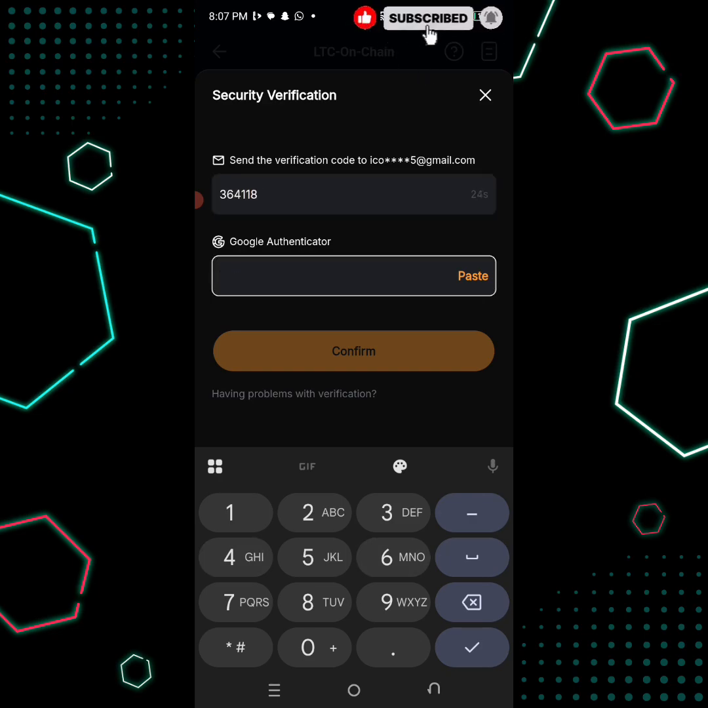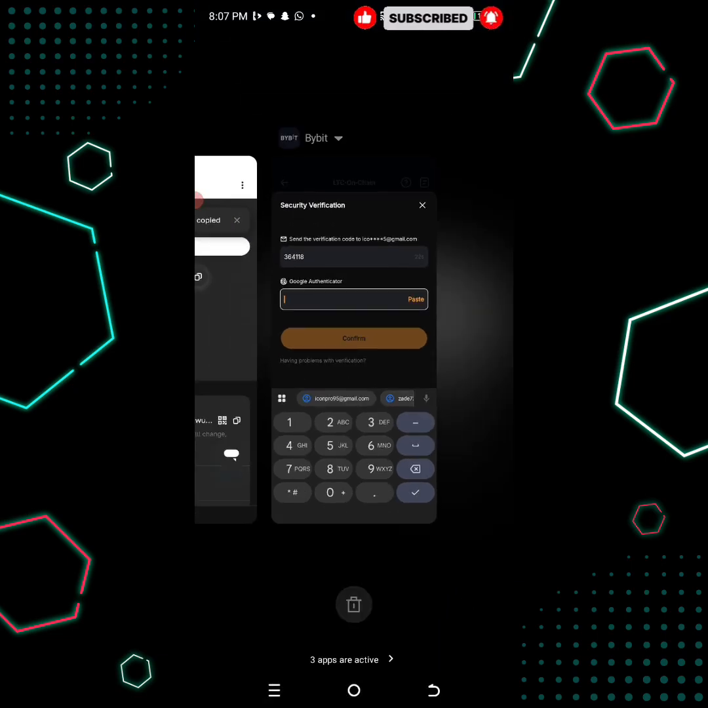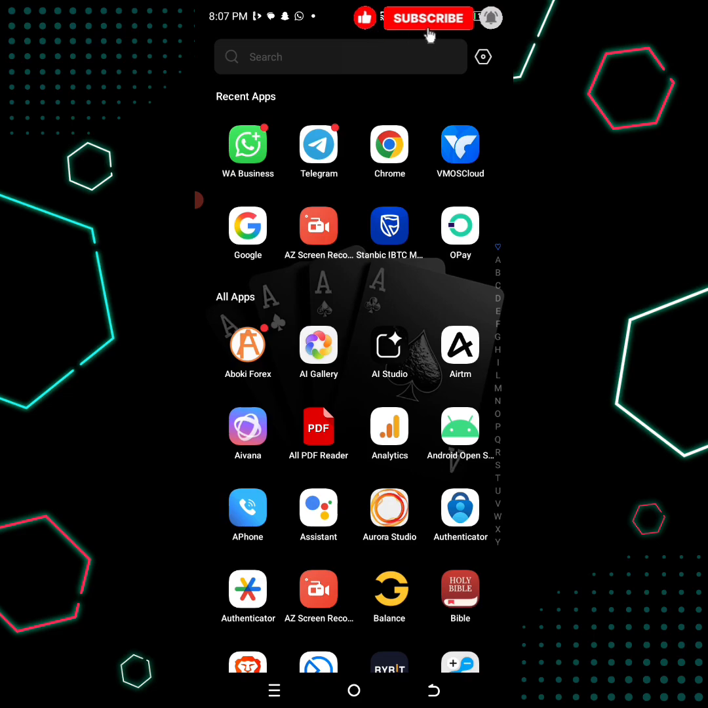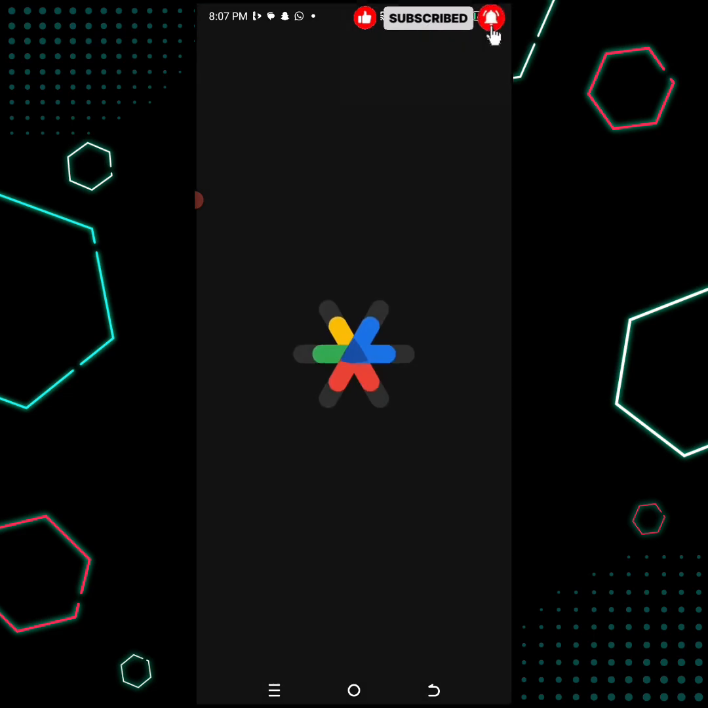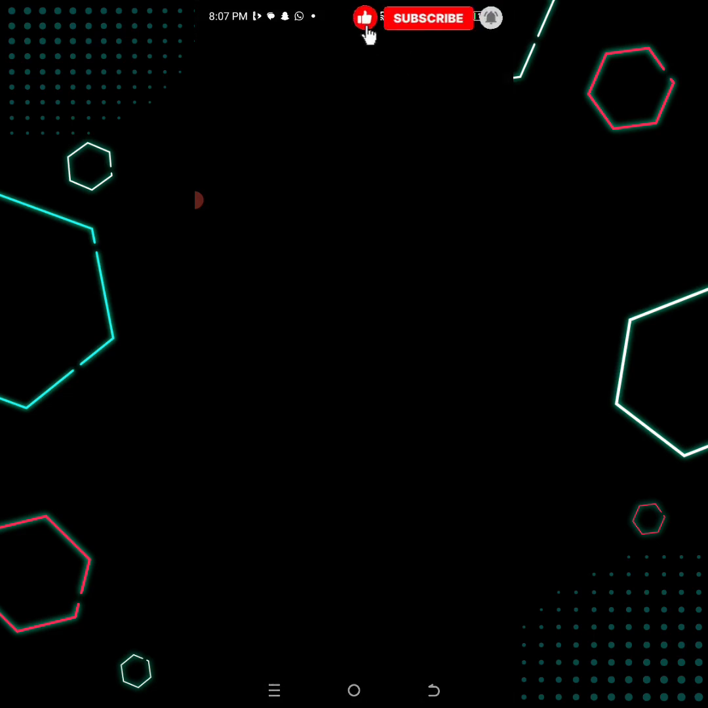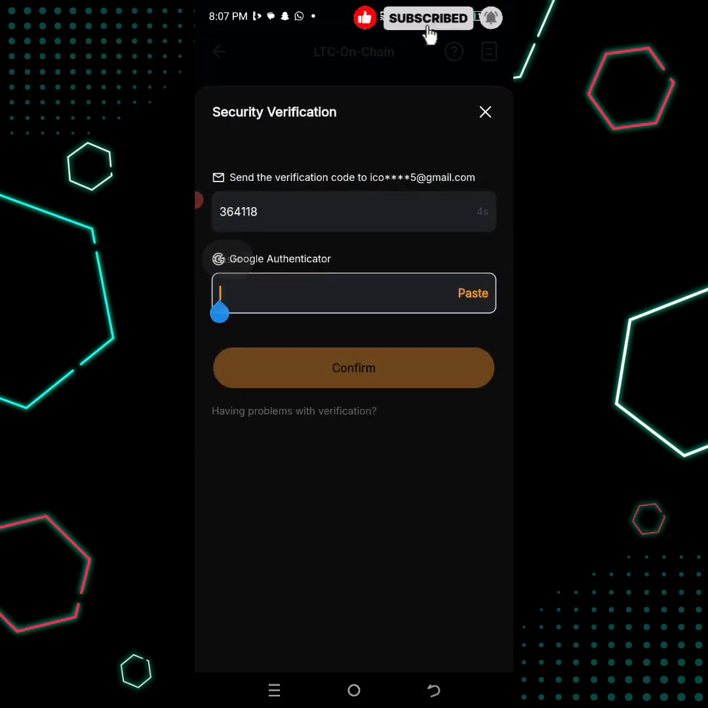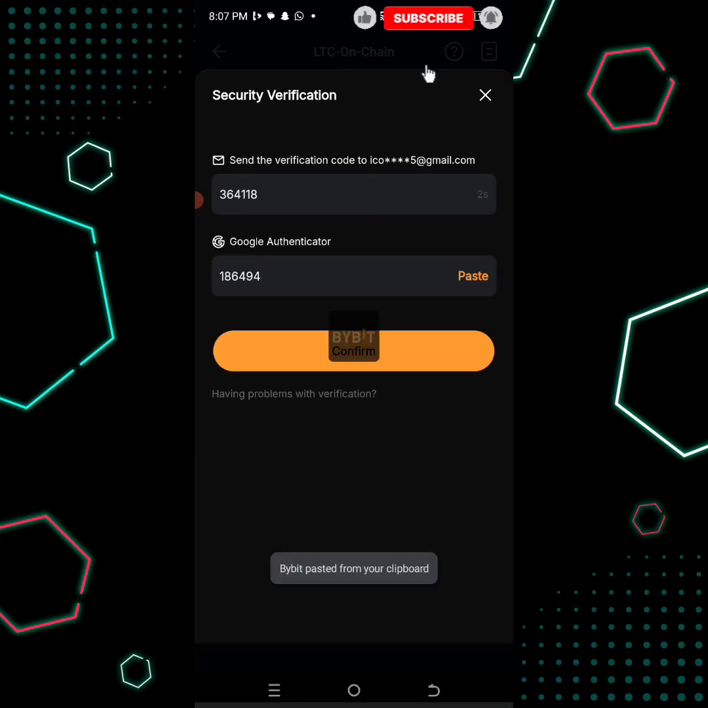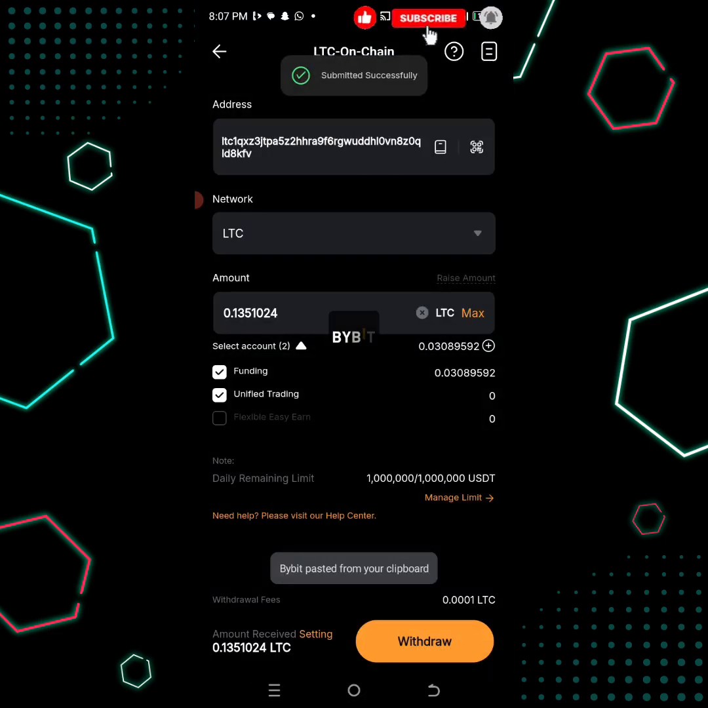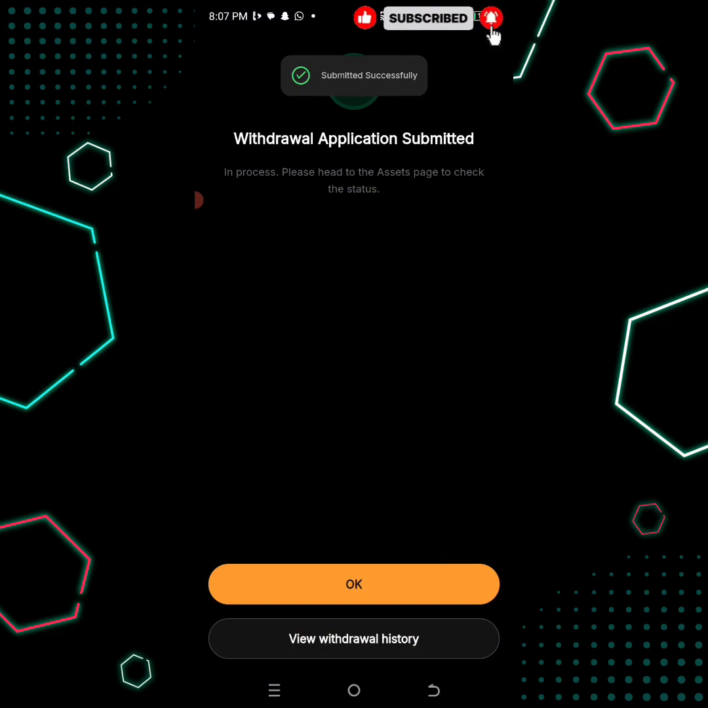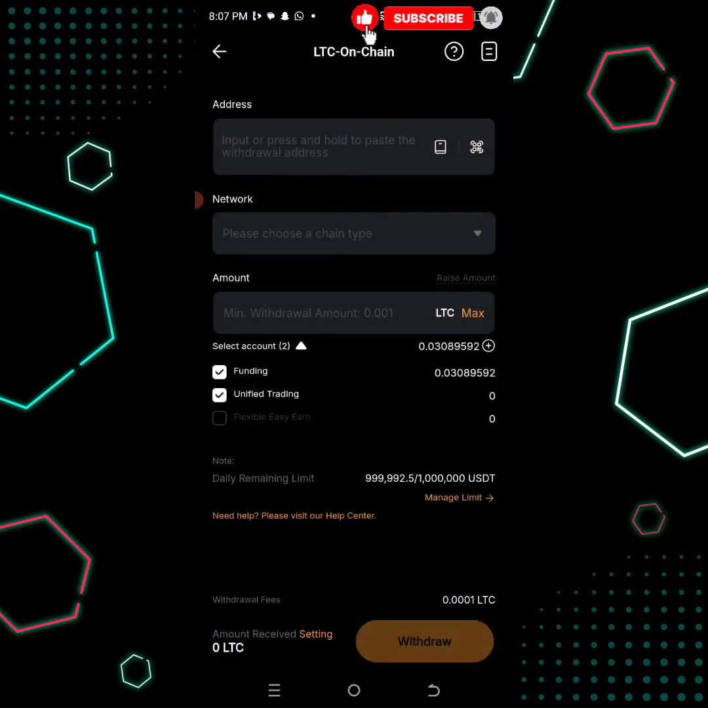Then I will go to my Google Authenticator. Let me wait. This is almost finished. I'll click this, copy it, and come back to my Bybit, and then I'll place it here. Then I'll click confirm. Submit successfully. Okay. I will then come back to my